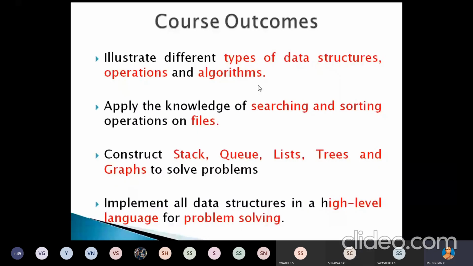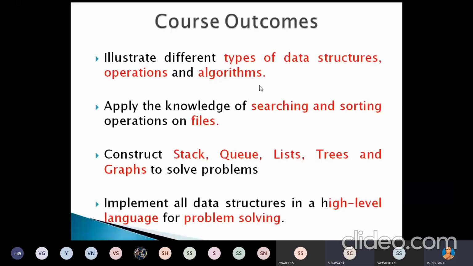In this course, we are discussing different types of data structures. First it will start from array, then stack, queues, linked list, trees, and graphs. All these are different types of data structures that we'll discuss in this course, and we can perform different operations on them. That means we can perform the insert operation, the deletion operation, the searching operation, or the sorting operation. Again, you can perform traversing operations on this data.